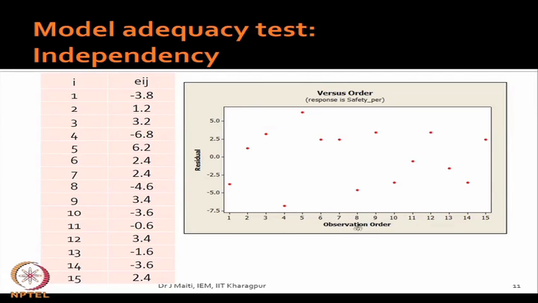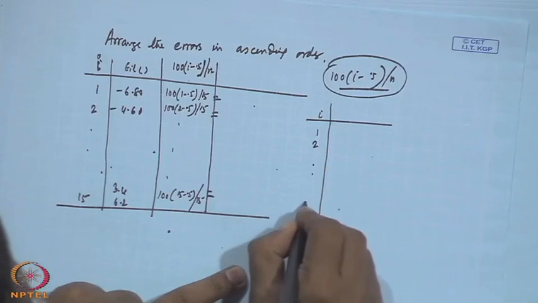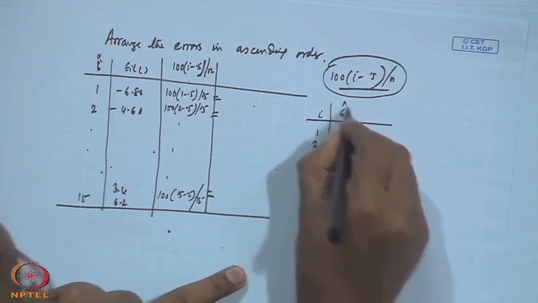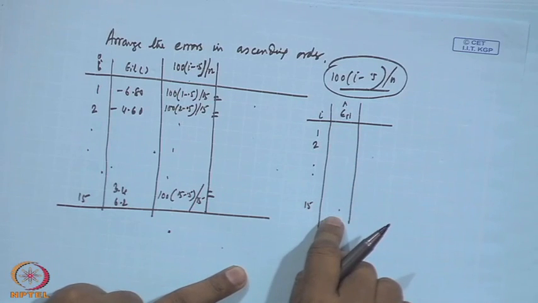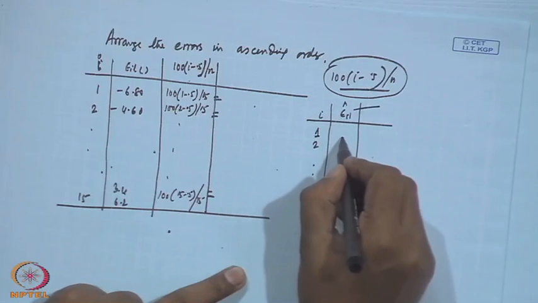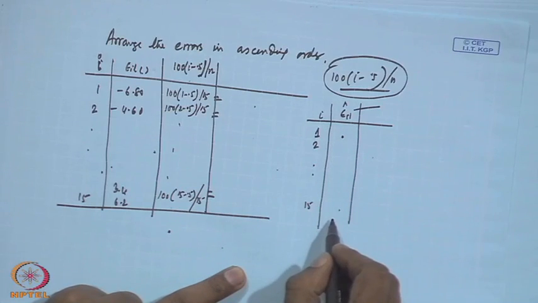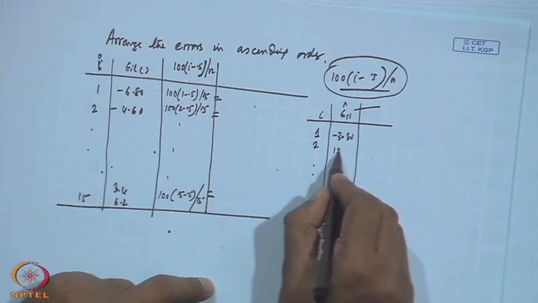observations will be independent; there will be no correlation between one observation and another observation. So, that will be tested by plotting the residuals or the errors against observation order. In this case our observation order is 1, 2, like this up to 15, and you write here the estimated epsilon IL. It is not arranged in ascending or descending order; it is the way your first observation is this, what is the value, second observation is this, what is the value. So, then first observation value will be 3.80, second one 1.20.